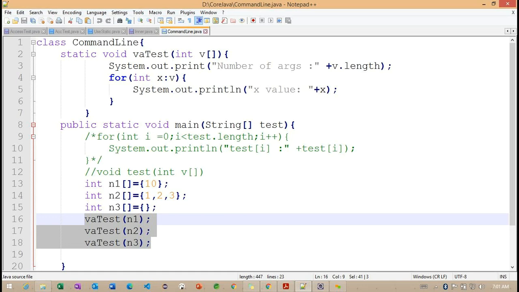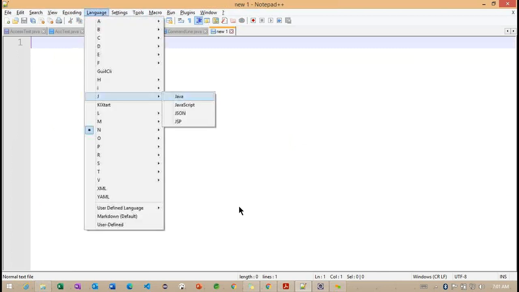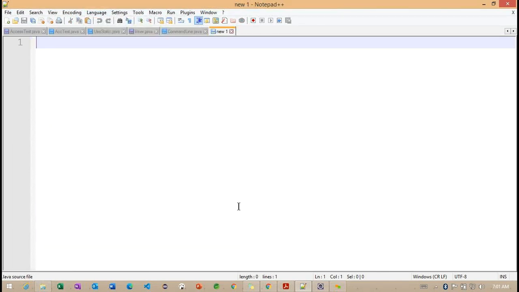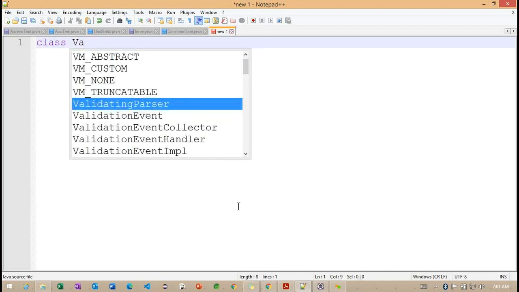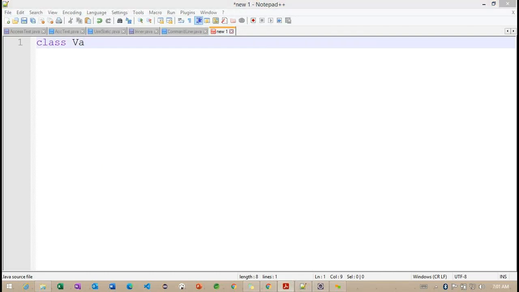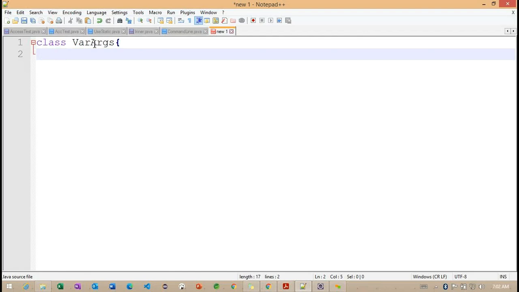Let me define one more class here. The name of the class I'm going to take as varargs, and inside this varargs class, I'm going to define one static method.